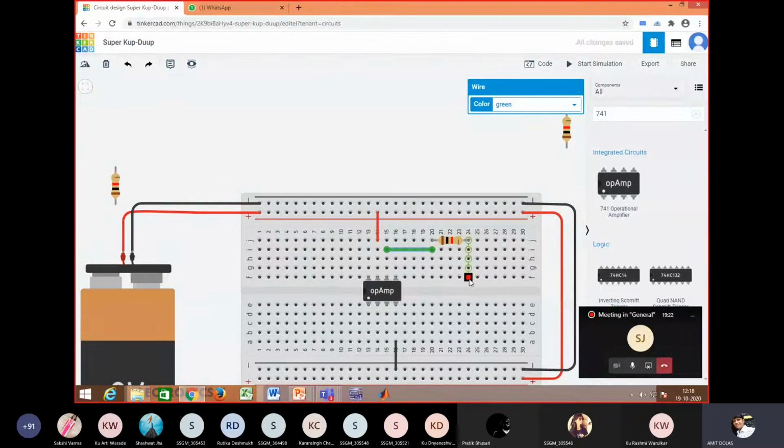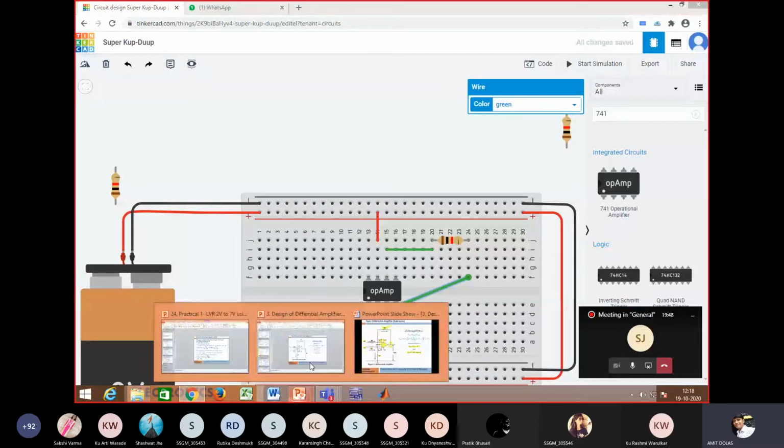And the other terminal is in pin number 2, that is the inverting terminal. So this is the other terminal. I'll come back here, come to here. I have connected it here, or you may directly go here, pin number 2. So this is the feedback resistance that we have connected right away. So we are done with this R2.